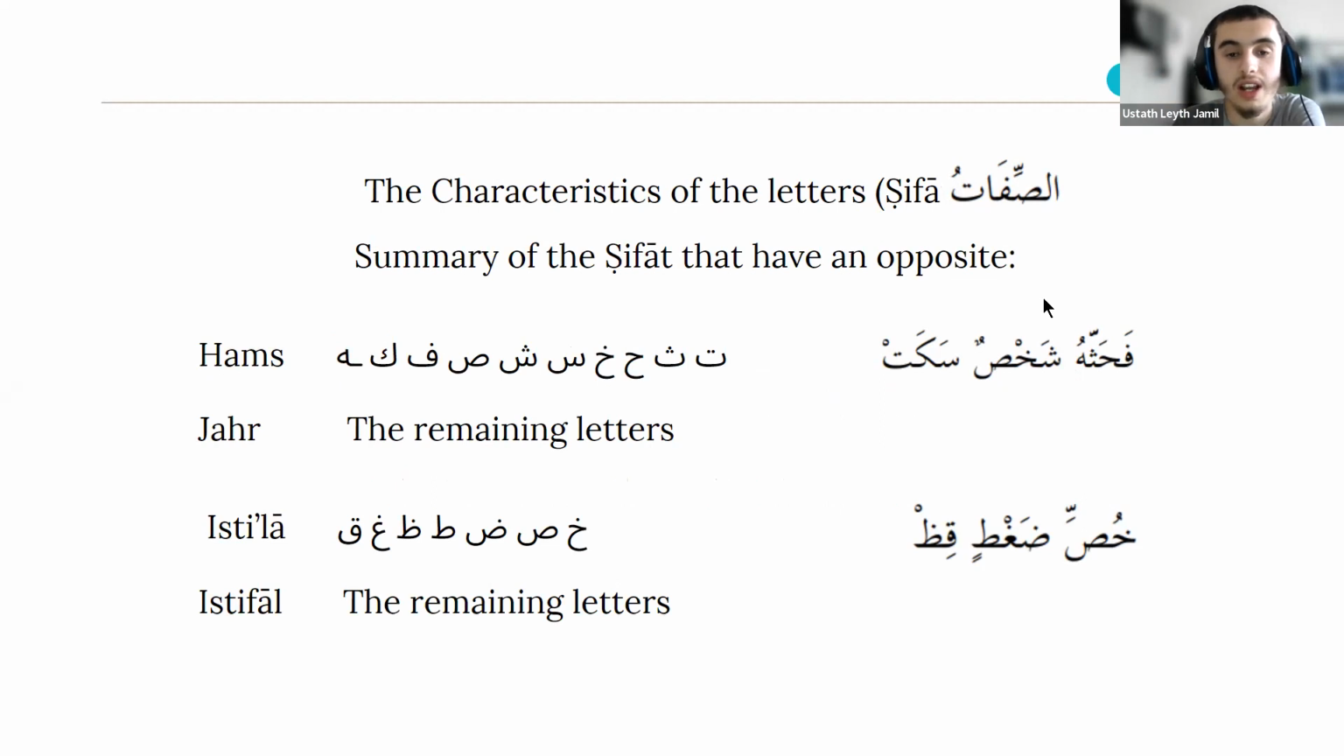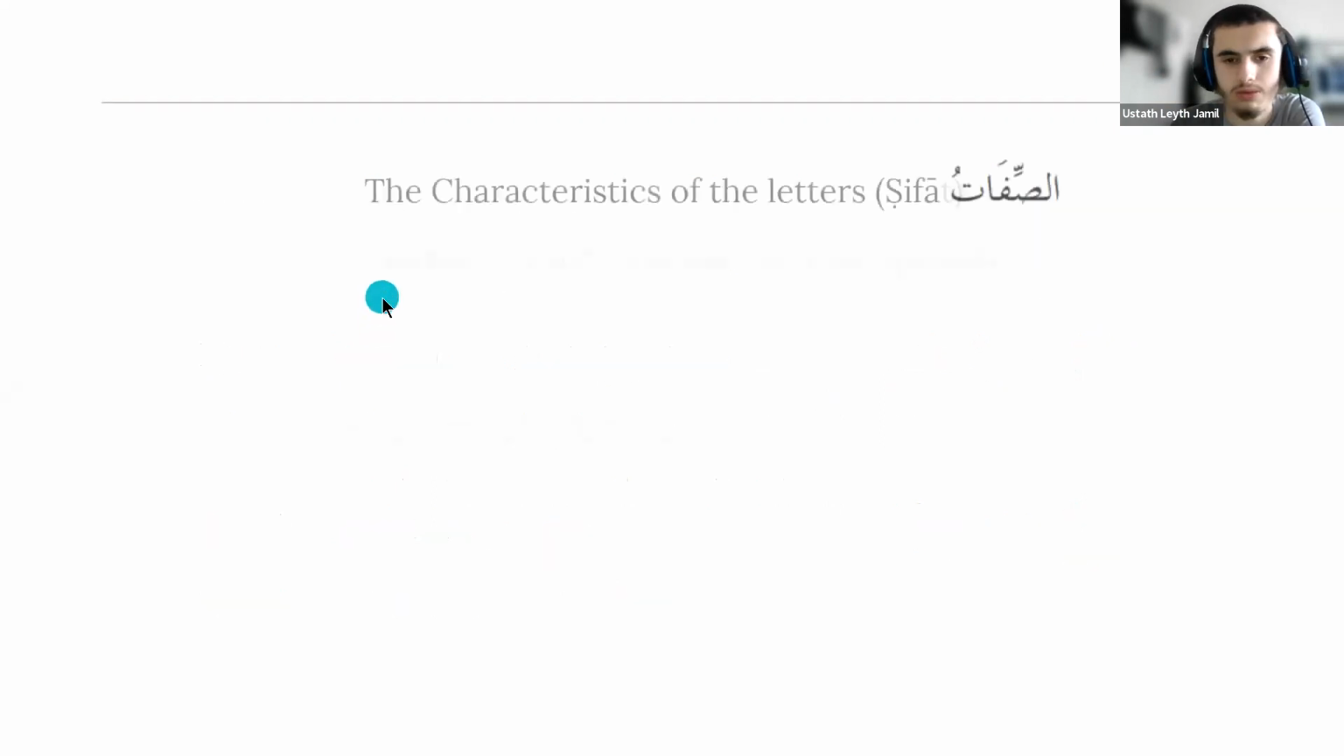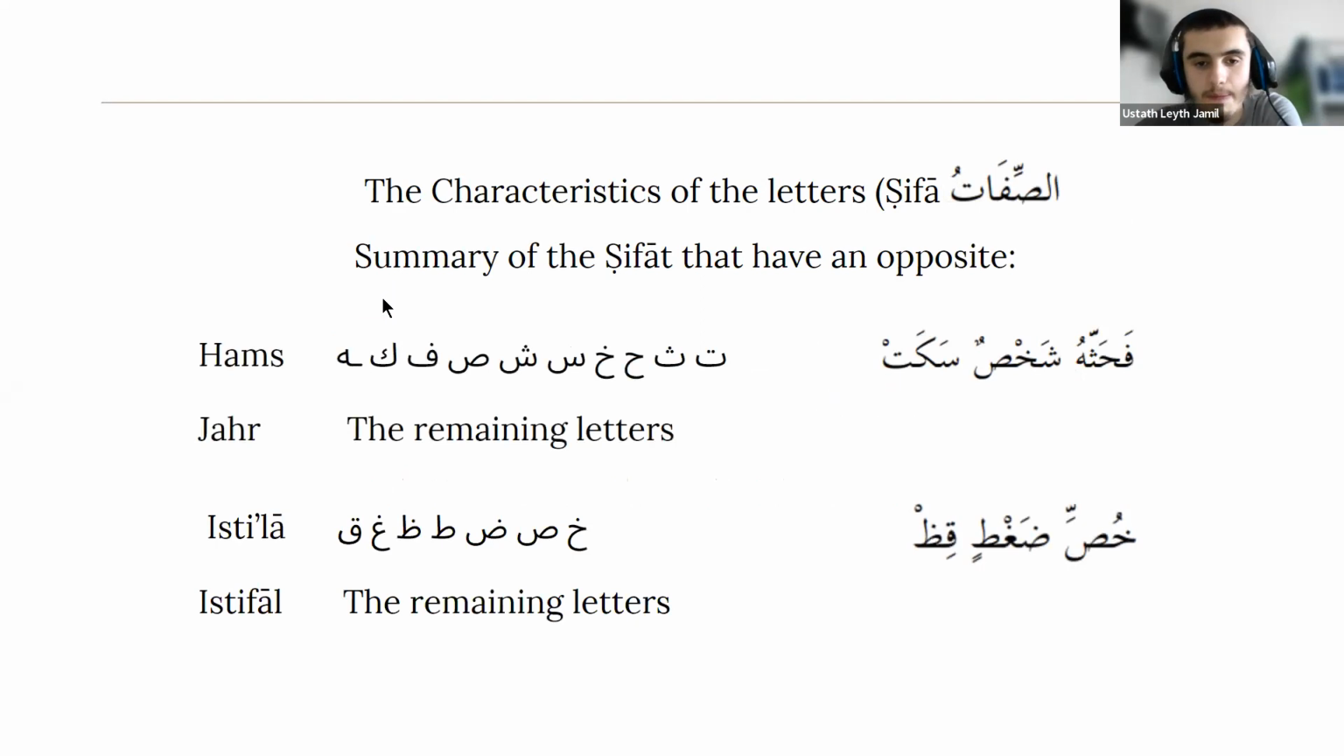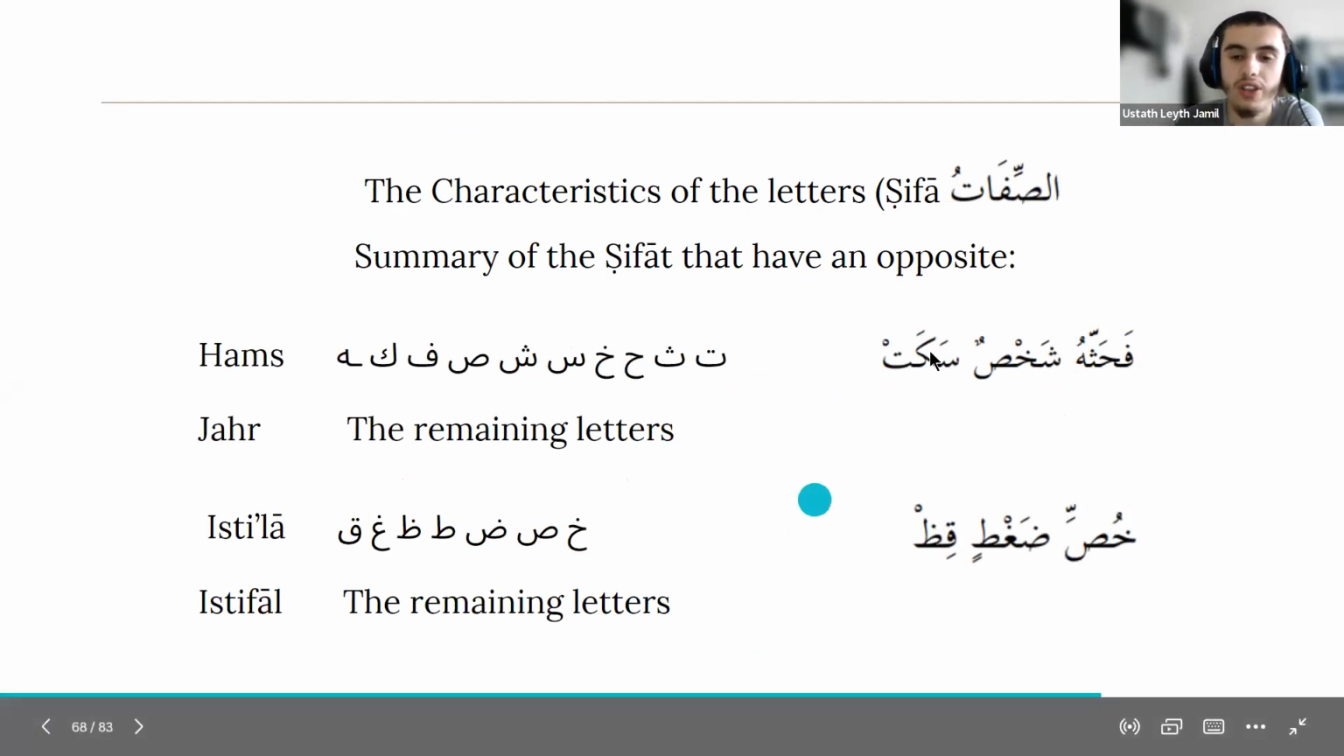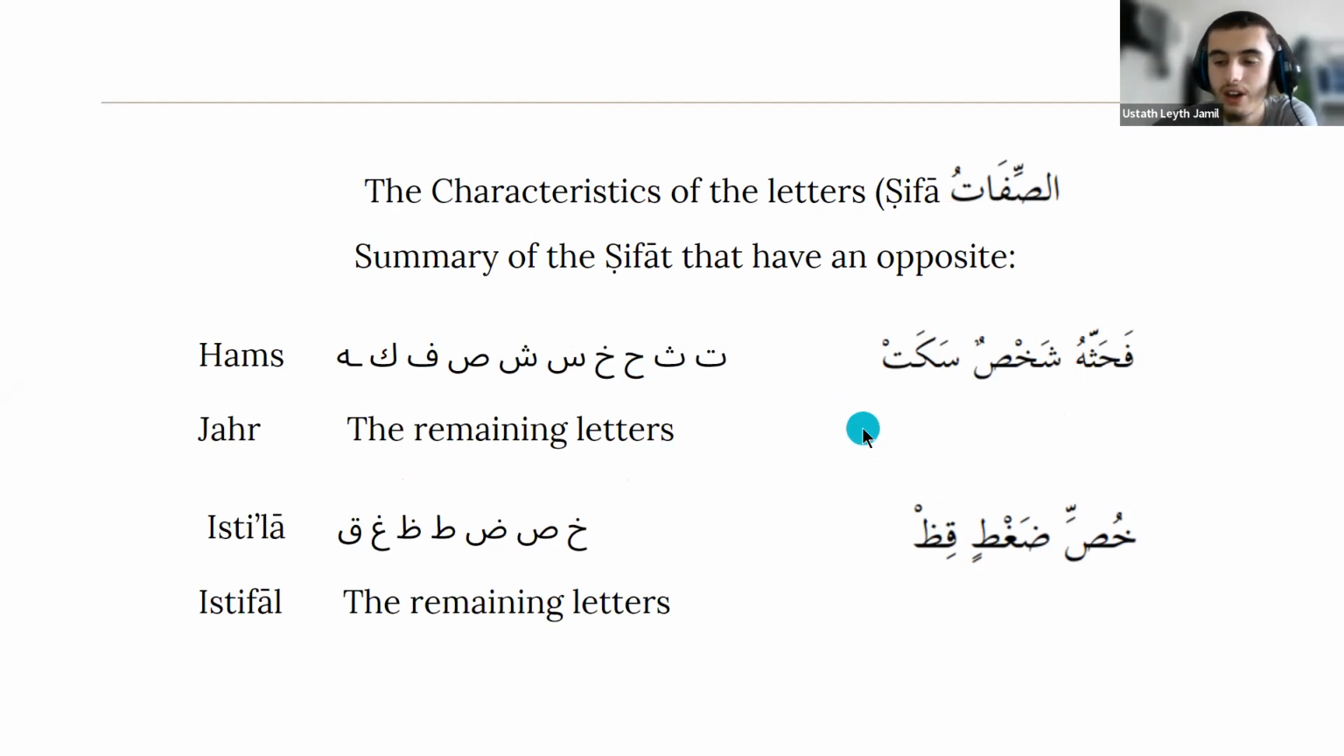So the next slide we got, this is the way you can learn the letters. Remember what I said, the Qalqala letters, people learn it by saying Qutb Jad. So Qaf, Ta, Ba, Jim, and Dal. All these are Qalqala letters, and people remember it by saying Qutb Jad. Here, Hams, people remember it by saying